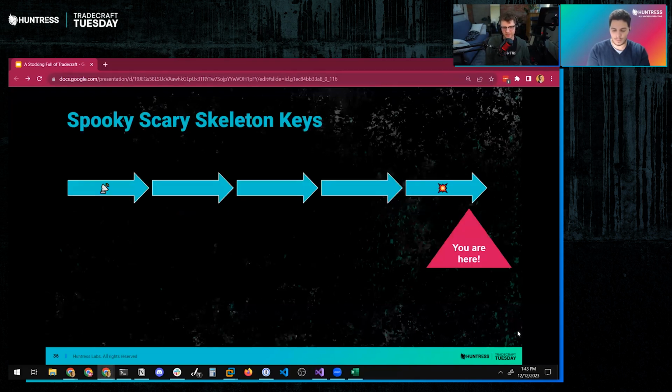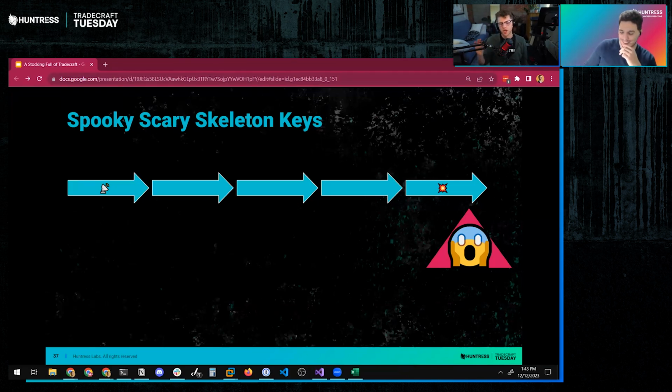In my non-scientific attack graph, you are here. In fact, you are here if you have found yourself in the position where a skeleton key has been installed in your environment. Show of emoji hands in the chat, please. How many people out there have heard of the Active Directory skeleton key? Not the M365 or Azure one. How many people have heard of the Active Directory skeleton key? Couple. Yeah, couple hand raise. I like people using the Zoom hand raise, which is funny.